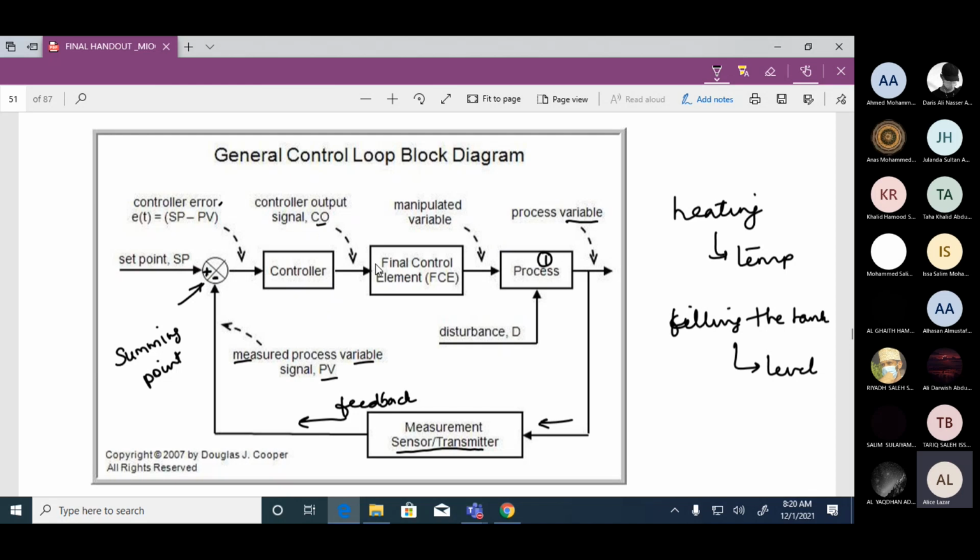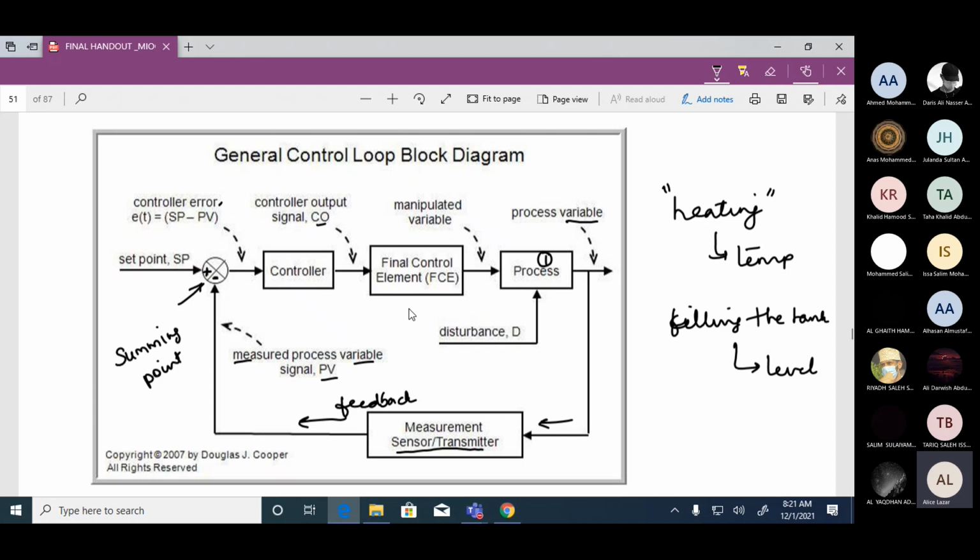Okay. Then this controller output will make some action. For example, if we are talking about heating of water, it will take an action by making the heater. So here we'll have the heater. The heater will be switching on or switching off. So the block that comes after the controller, I'm telling you now, is called the